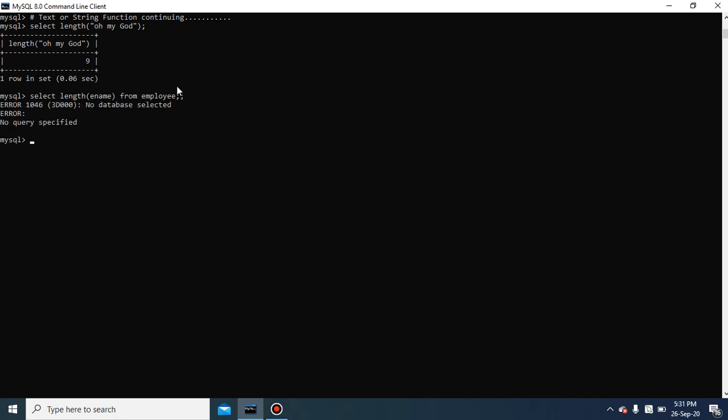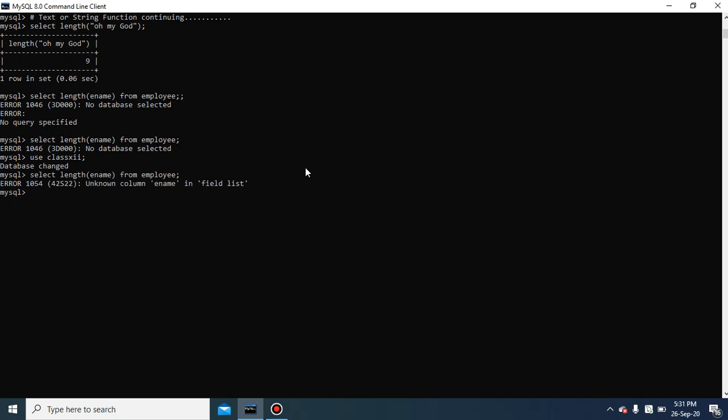An error is coming, because we have not selected the database, and the table is in the database class 12. So first we need to open it, and then we can specify the previous command, select length ename from employee.